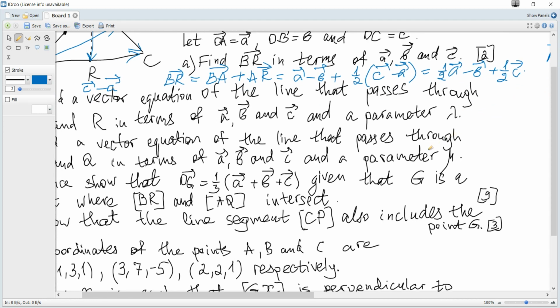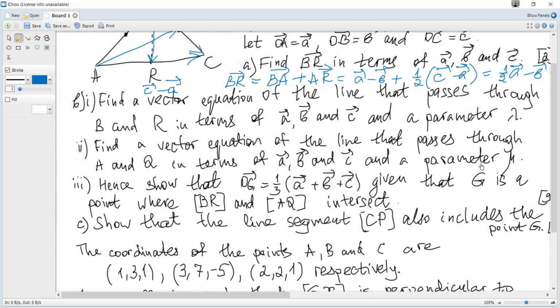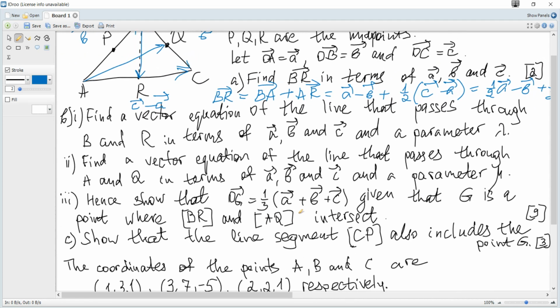And the next, hence show that vector OG is one third of a plus b plus c, given G is the